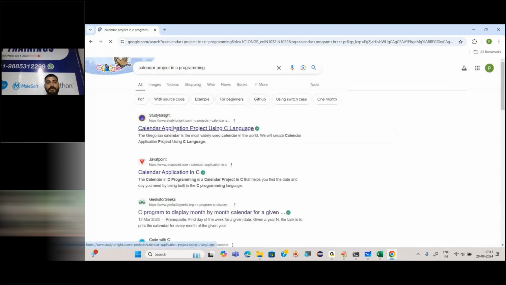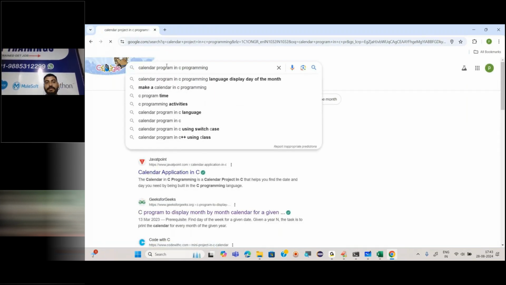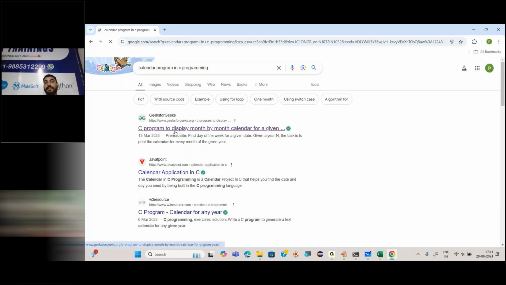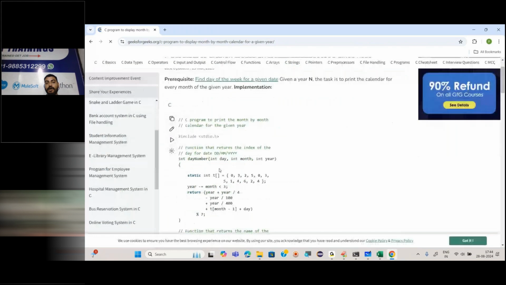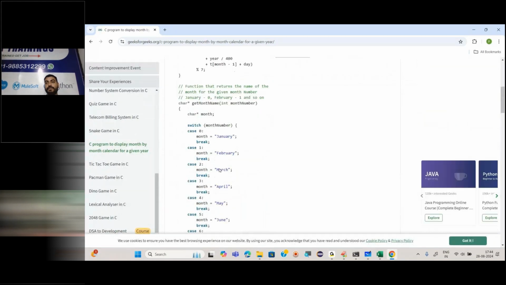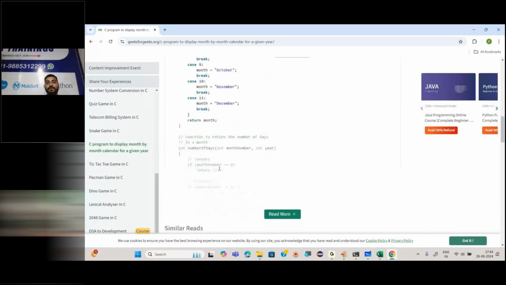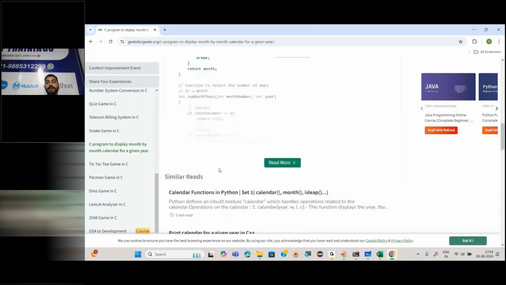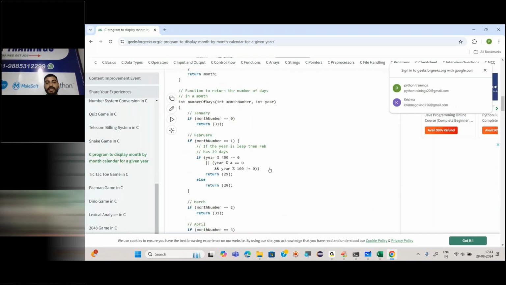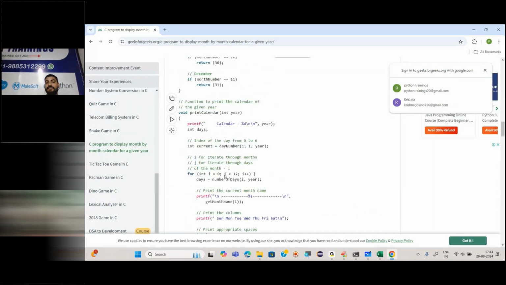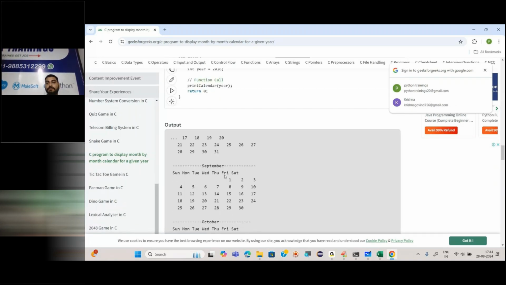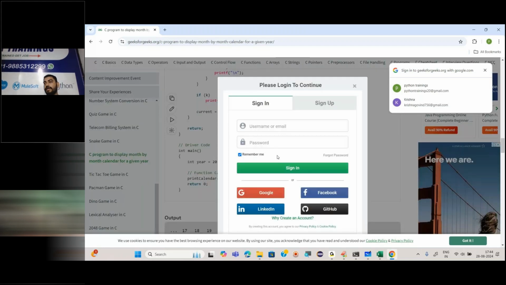Calendar project or program, I would say. Calendar programming, C programming. Check it. To display a month by month calendar, it is, right? If you check here, how many lines of code? Almost you have to write 100 plus lines of code to get a result like this. Yes or no?